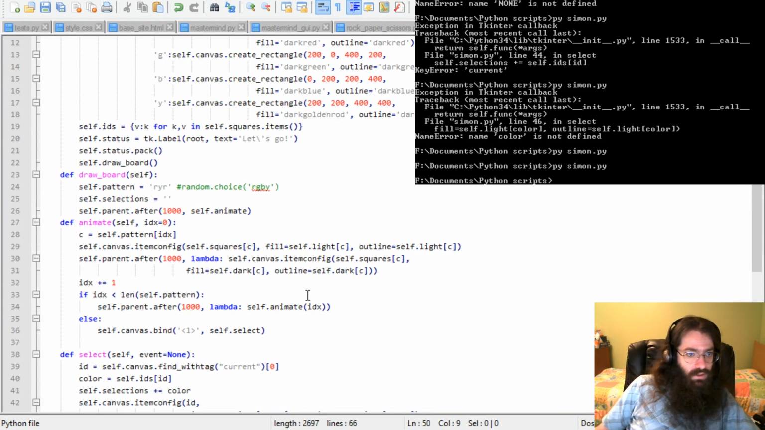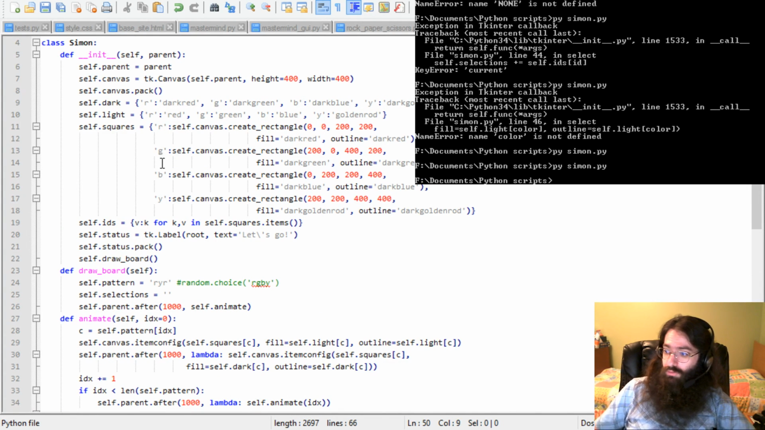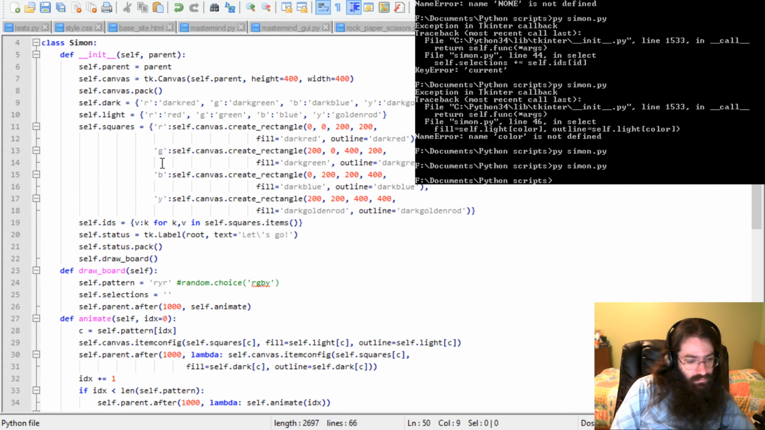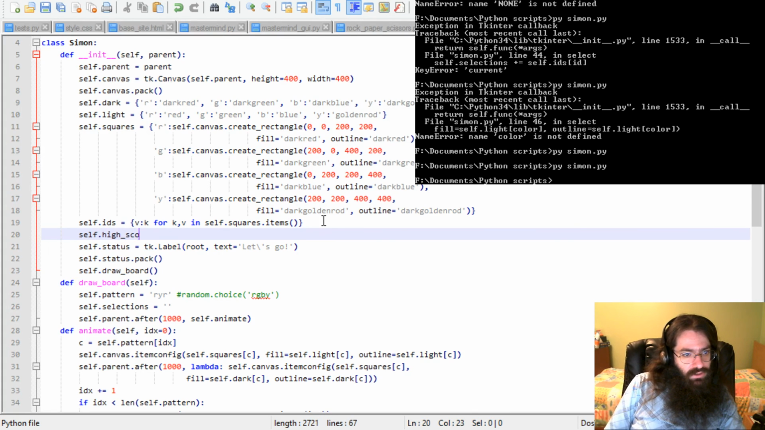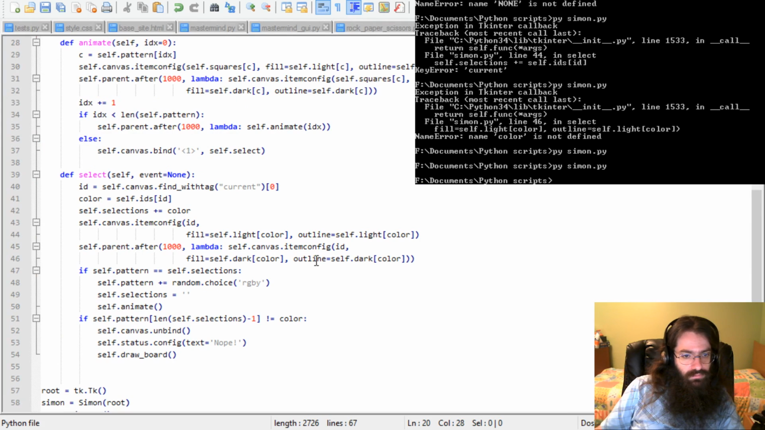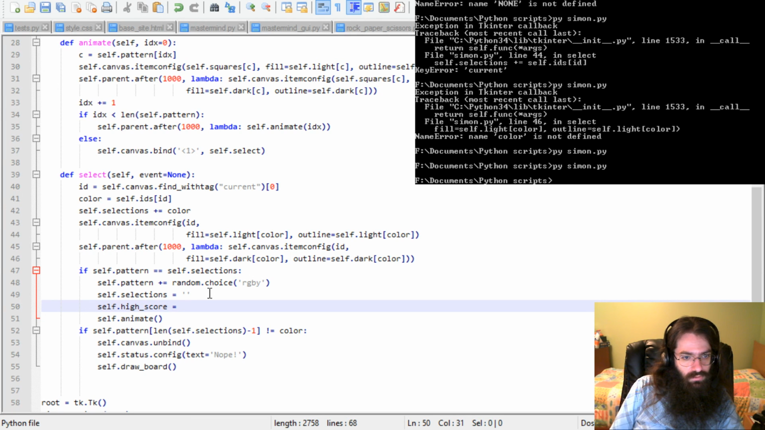Let's think about this. So we start here. Oh, Philstrom says now you need to make a scoring system. That's a good idea. How about a maximum size? A high score? Yeah, we can do that. Let's put it over here somewhere, actually. How about right there? High score equals 0. Self.high score equals length of